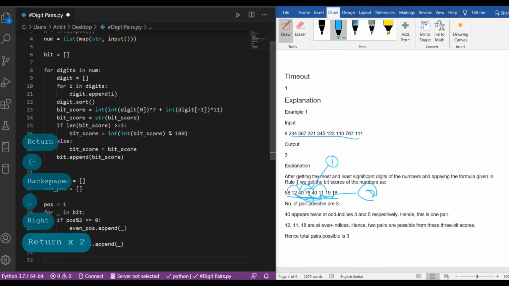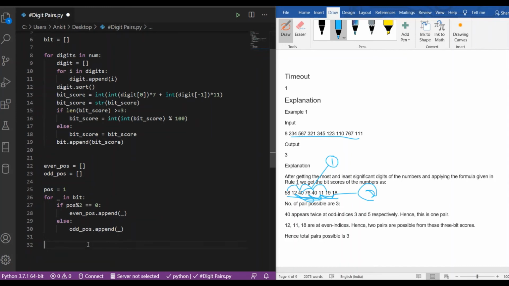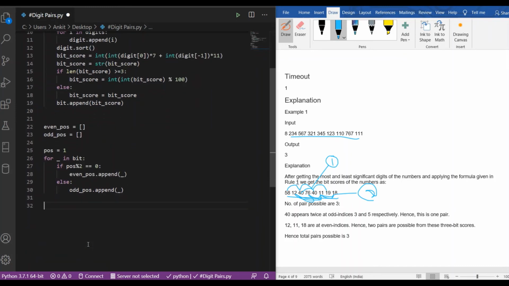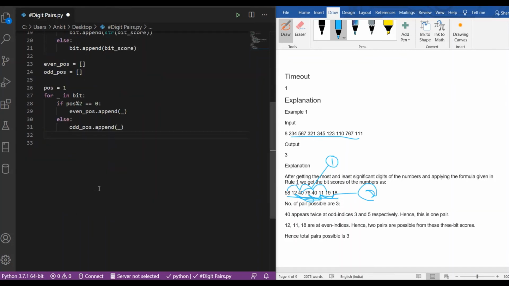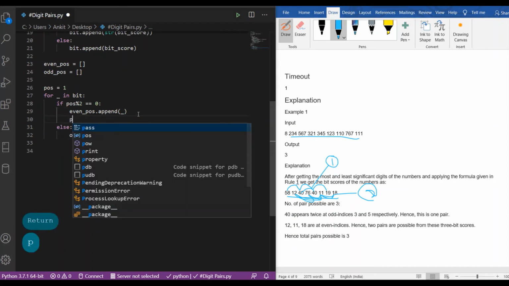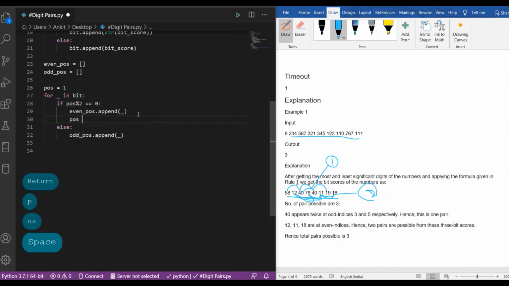So in such a way we have done with the positioning, and now we have to calculate their most significant digit. So with this we also have to increase the value of the position by 1.